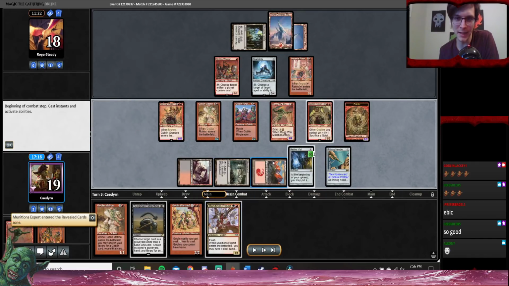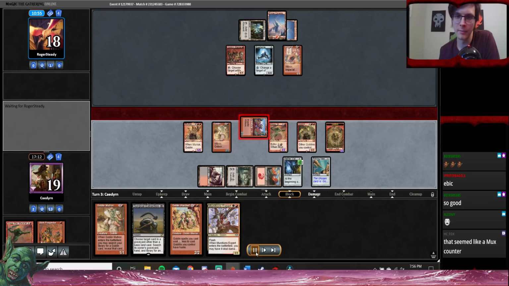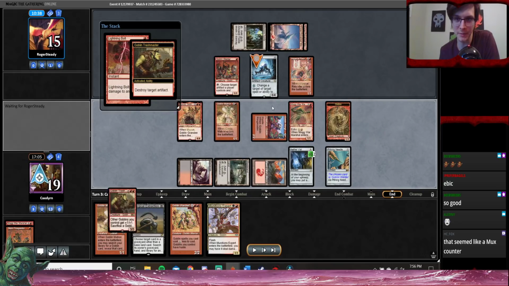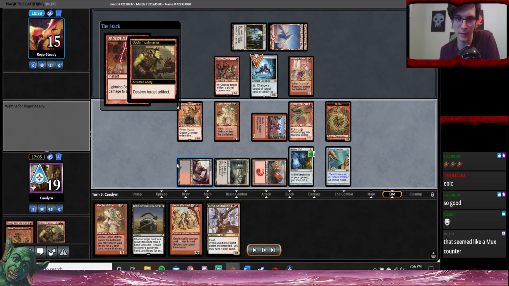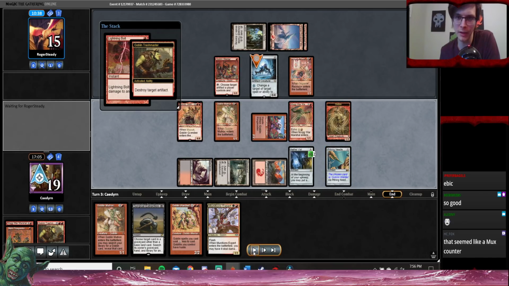So Matron grabs an Expert, so I can take out any potential threats. Get in for some damage. So they do have the Bolt for Trashmaster. So I take out the Spellskite. Still have the Needle and Welder. And I'm thinking that